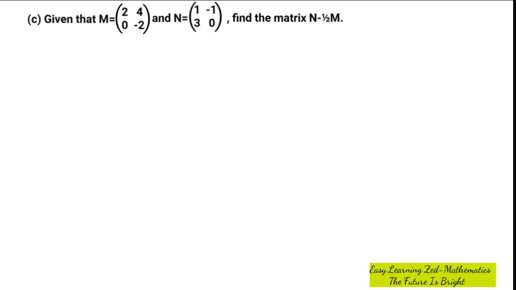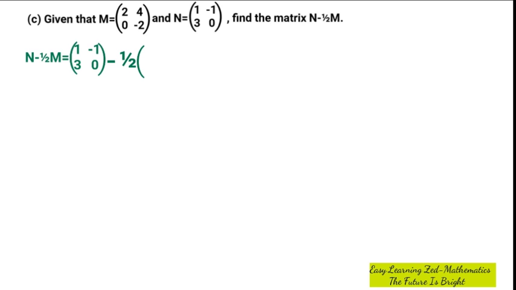That stands for the matrix we're going to find. So that is n minus 1 over 2m, which is equal to, so we're going to write matrix n, which is this one, (1, negative 1; 3, 0), close bracket, then minus 1 over 2 multiplied by